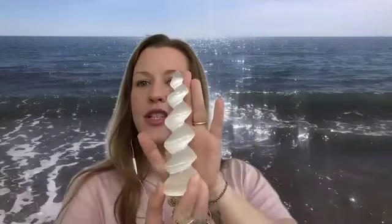Selenite is another one of my favorite crystals, because it is such a magical stone. It's often connected with the unicorns, and with that joy frequency, and rightly so. Oftentimes you'll find selenite crystals carved into spirals, for example, because it works so well with the unicorn realm. You might also see them as charging plates,